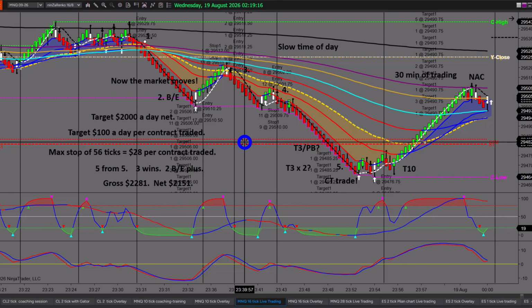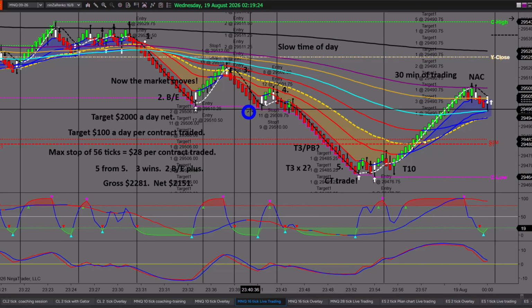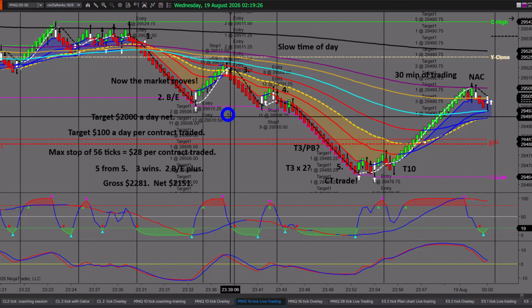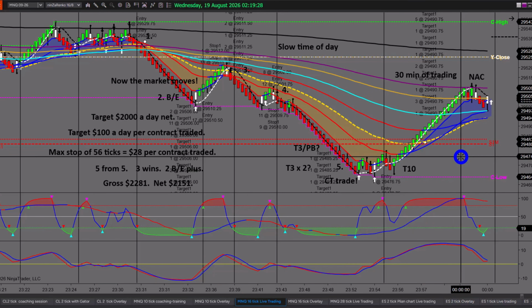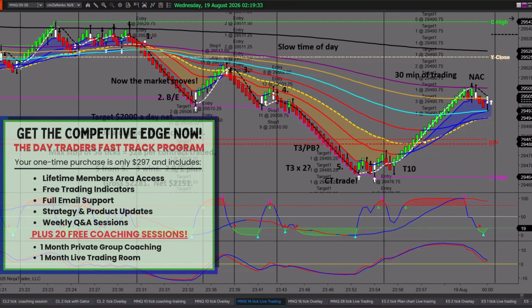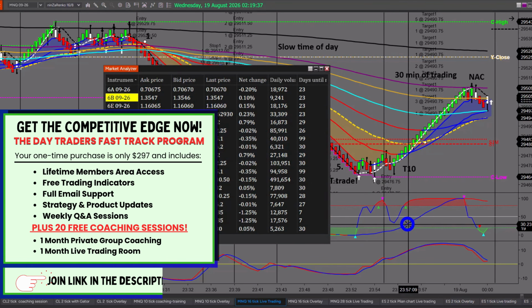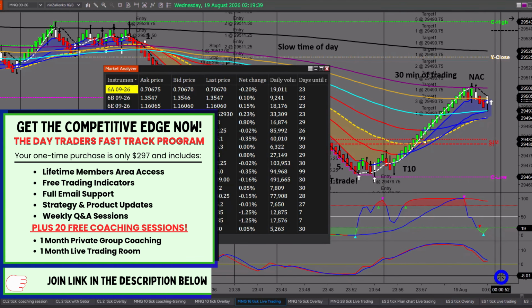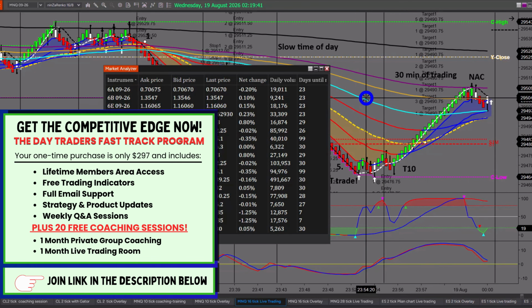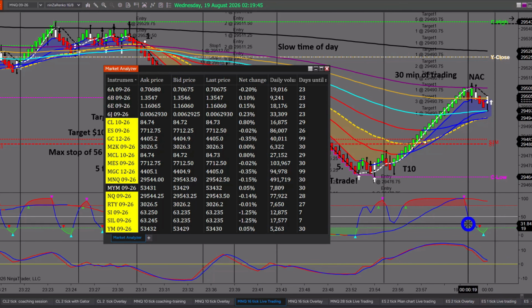The market closes at 5 p.m. Eastern. That is the futures market. It closes at 5 p.m. Eastern and reopens at 6 p.m. And so you can trade the after hours market, which has some fantastic trading opportunities during that time. For example, if we look at this now, yes, it is 2 a.m. Central Standard Time. So I'm 3 hours away from running my live trading room actually,